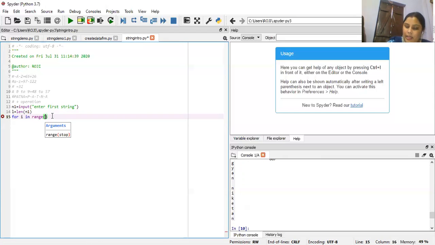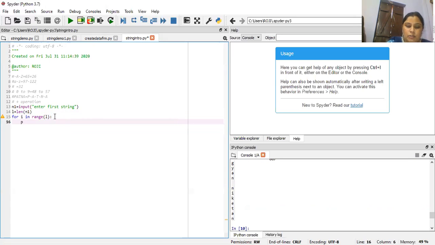Here we use only 1 argument, that is L. That means the start value of i will be 0 and the end value will be L minus 1.